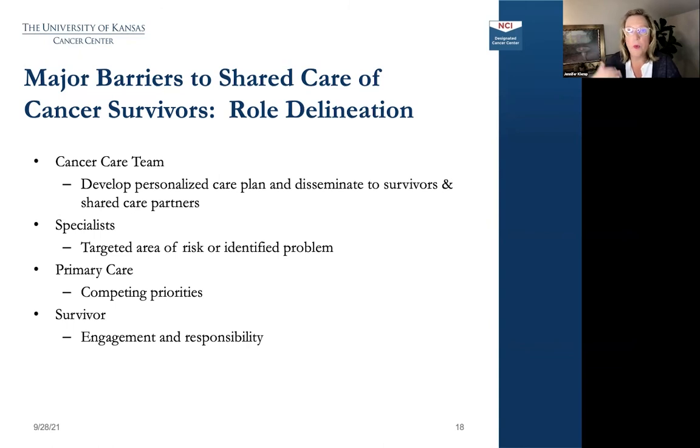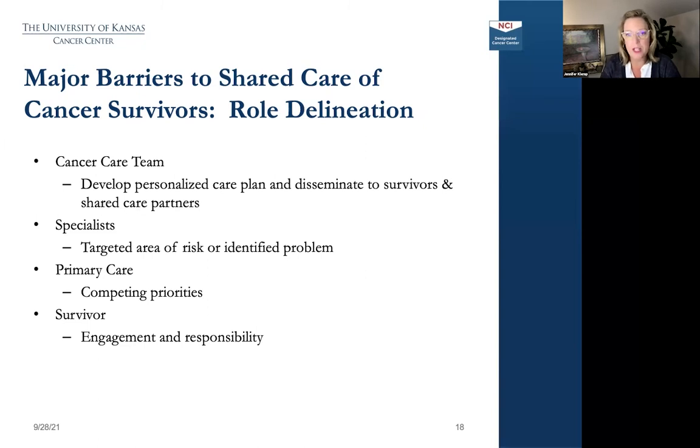If you're going to be the one seeing a patient every year and ordering a mammogram for the first 5 years, then you would take responsibility and put that into that to-do list or order set. But you have to remember that primary care has a gazillion competing priorities. So if you want them to do something, they are totally cool with you saying, hey, primary care, these are your 5 things. These are my 5 things. And that is very acceptable. It needs to happen, and we need to make sure that we are effectively role delineating.